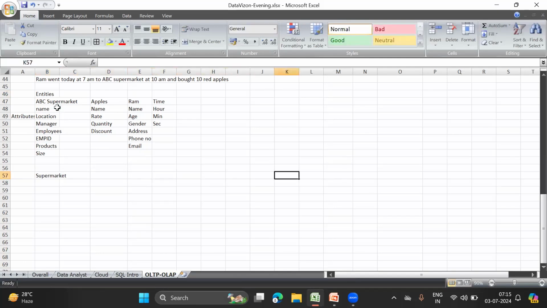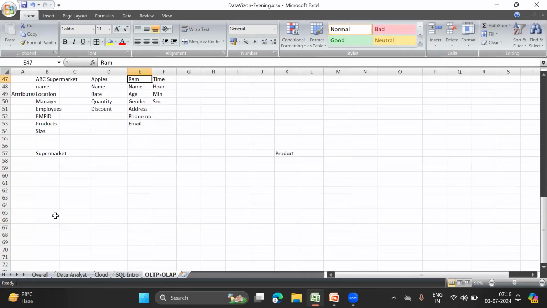And the second table which I want to create is going to be generalized because I want to talk about other products as well. So instead of apples, I am talking about products in general terms. So I will create a product table. And then I am saying I am not just talking about Ram, so I generally want to talk about this entity, I can say the customer, right? And then finally, we have something called time. So we will have the time dimension. We can also have different dimensions like the location dimension, but this time we just want to go very basic.